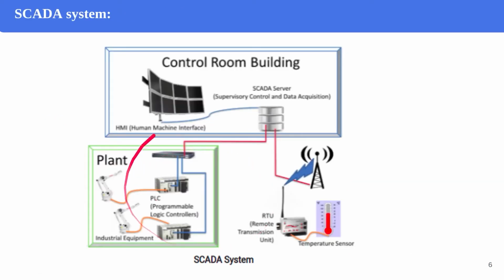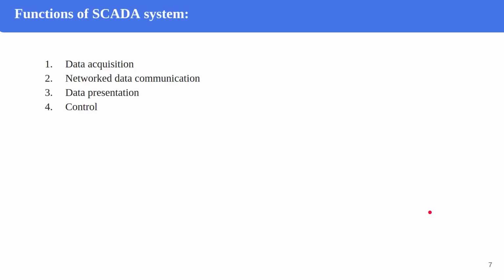Here is an overall structure and picture of the SCADA system. You see the control room building, which includes a human-machine interface and a SCADA server here, and the plant that you see includes the programmable logic controllers, the industrial equipment attached to them, and remote transmission units as well. There are some functions in a SCADA system like data acquisition, network data communication, data presentation,